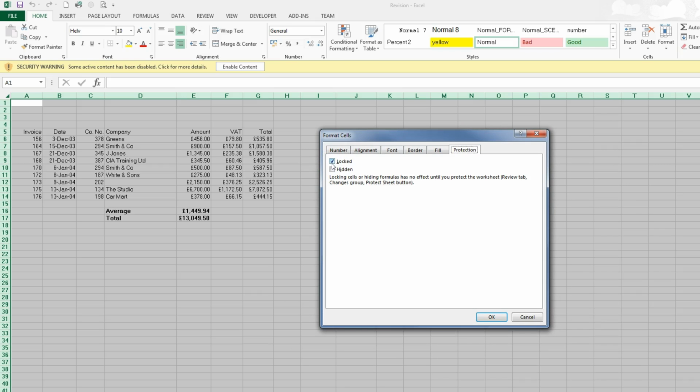So they're locked by default. So the first thing you've got to do is unlock them. And you can find that on right-click, Format Cells and the Protection tab, and untick the locked feature and